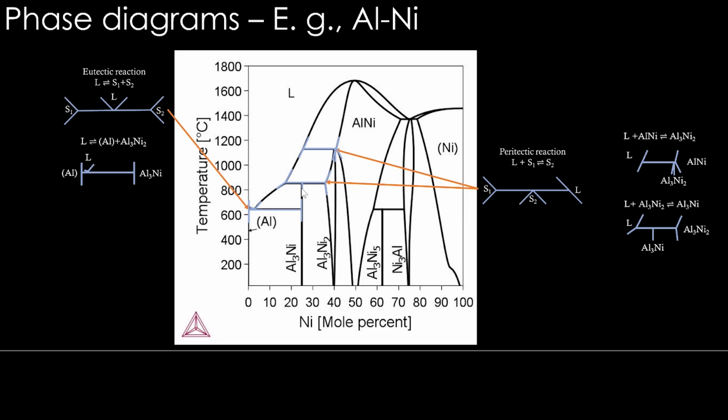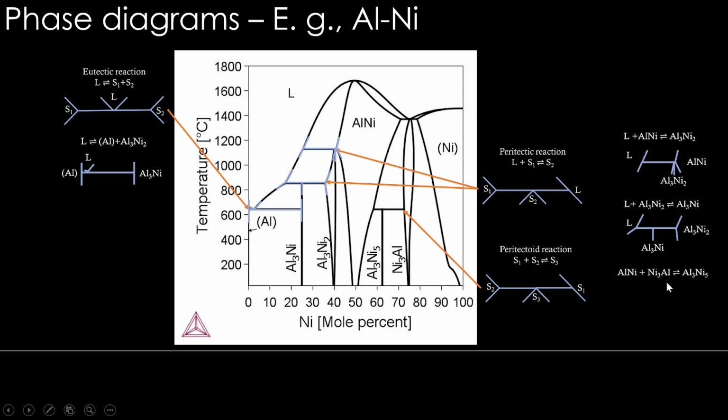So it may be slightly difficult at this point in time. If you keep trying to recognize patterns like this, it will become easier. So that is another peritectic reaction. There is a peritectoid reaction here. Solid 1 plus solid 2 gives new solid. That is peritectoid reaction. This is the pattern we saw. And here it is here.